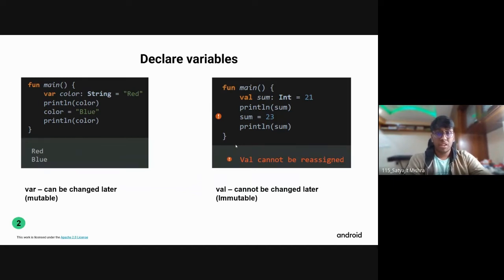Next, we can see how we can declare variables in Kotlin. We can declare variables in Kotlin in two ways. One is using the var keyword, and the other one being val. One is a mutable variable and the other one is an immutable variable. Mutable variable means that the value can be changed later. As you can see in the left image,